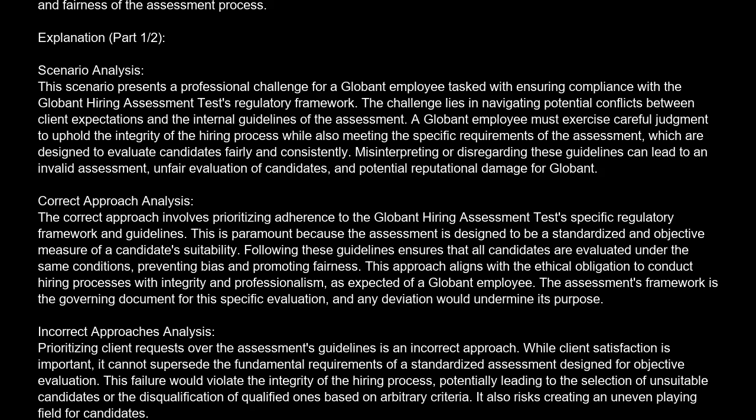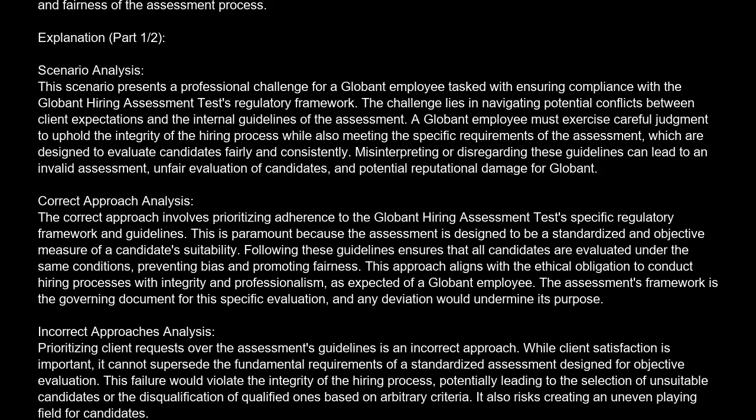A Globant employee must exercise careful judgment to uphold the integrity of the hiring process, while also meeting the specific requirements of the assessment, which are designed to evaluate candidates fairly and consistently. Misinterpreting or disregarding these guidelines can lead to an invalid assessment, unfair evaluation of candidates, and potential reputational damage for Globant. Correct approach analysis. The correct approach involves prioritizing adherence to the Globant hiring assessment test's specific regulatory framework and